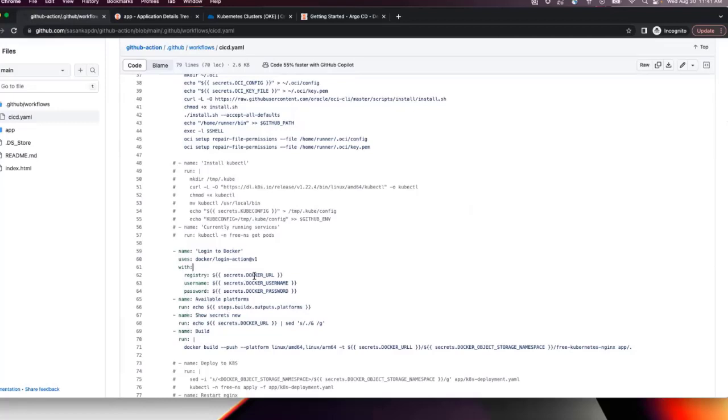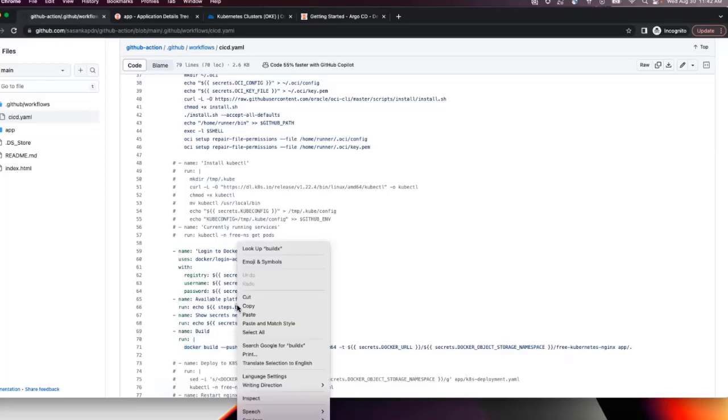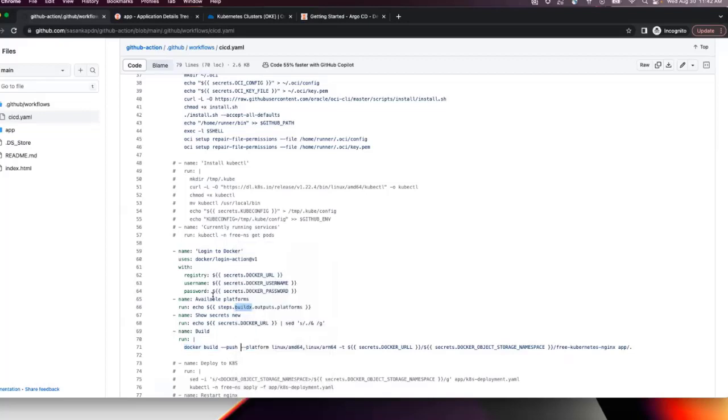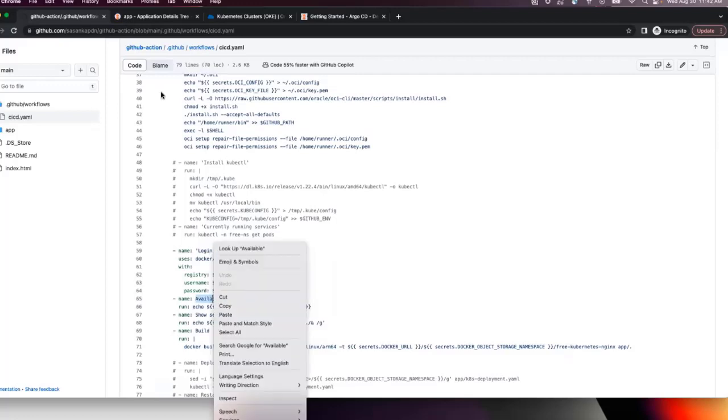I'm taking the secrets I showed in the environment section, and I do the Docker build command. Once you have the Docker build, I push it to the OCIR. So that's pretty much it for the CI/CD pipeline.